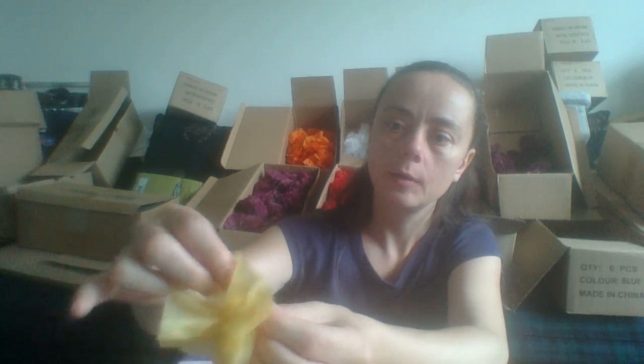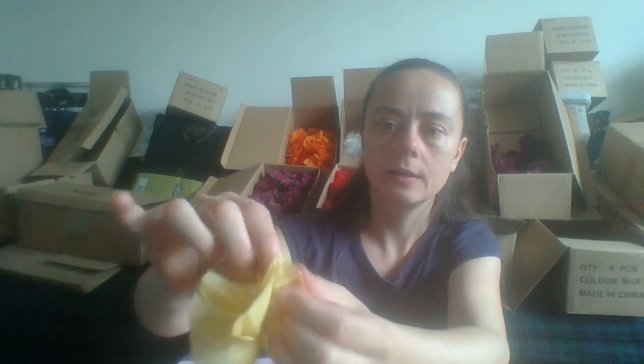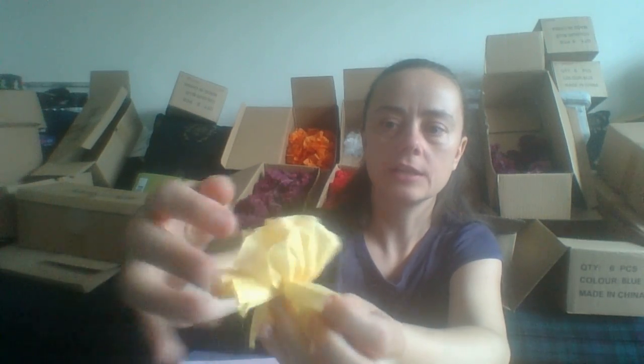Sometimes you'll find you get 4 layers because you've picked up 1 too many. Doesn't matter. Makes for another different flower. So if you puff the layers up individually on each side towards the centre,